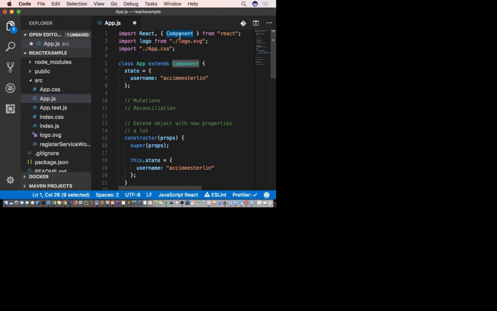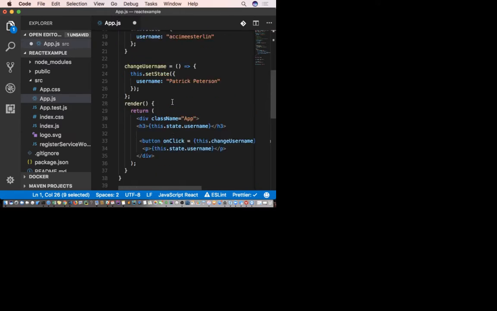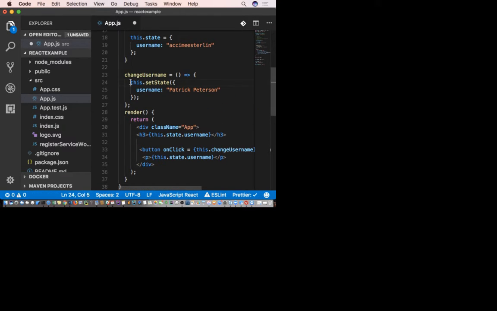The fact that the App extends the Component is what makes these functions available to us. This setState is a method from the Component class that's being extended by the App.